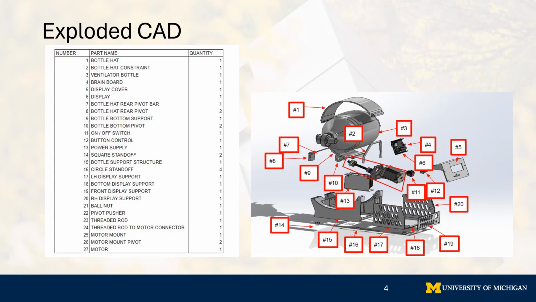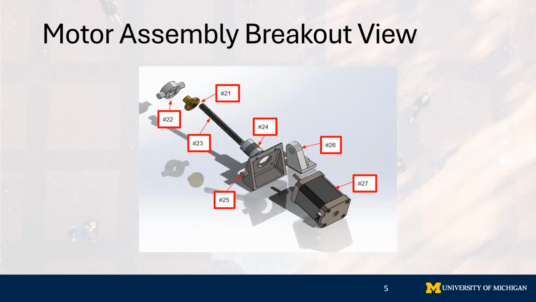Now, the exploded CAD shows the details of the product. There are a total of 27 unique parts that go in this design. Please use the table on the left as reference for the names of parts. Here's the motor assembly breakout view as it shows combined in the exploded CAD. It sits right underneath the bottom support, and there will be a switch on the display panel that's connected to